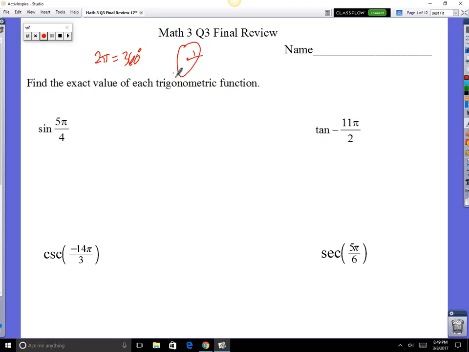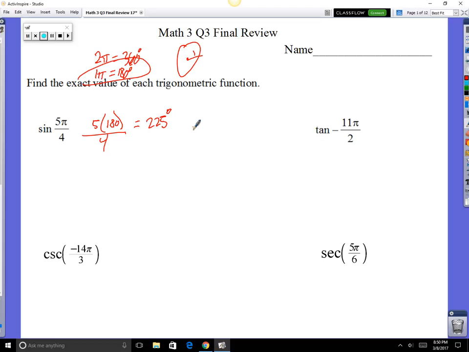So the circumference all the way around the circle, a full spin of 360, is going to measure in length 2 pi. So we're going to simplify that, and we're going to go 1 pi is 180. So every 180 degrees is 1 pi. So if I've got 5 pi over 4, it's like I've got 5 180s over 4. So we're going to times 5 by 180, divide that by 4, and that leaves us with